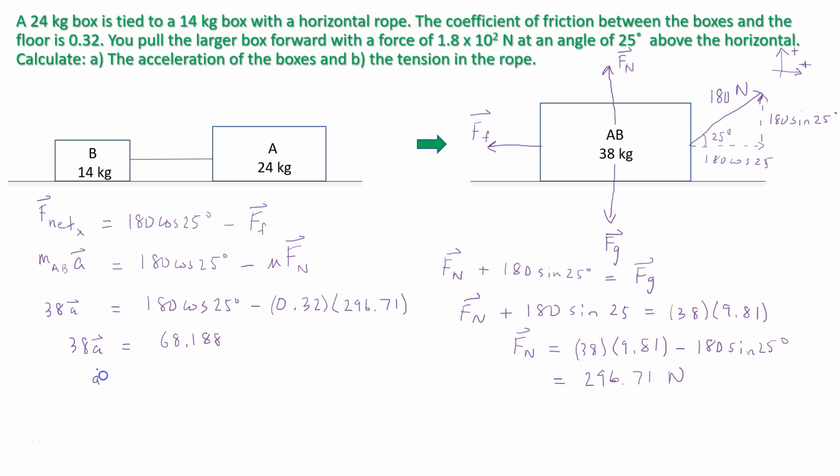Then dividing by 38 leads to 1.79 meters per second squared, since it's an acceleration. Now, since in the question most of the numbers are only to two significant digits, the final answer should also have only two significant figures. So the final answer is 1.8